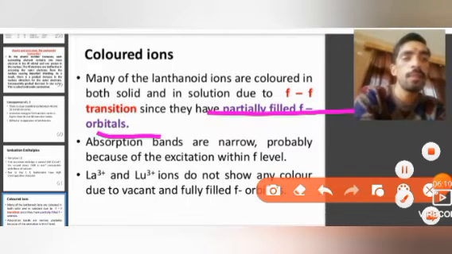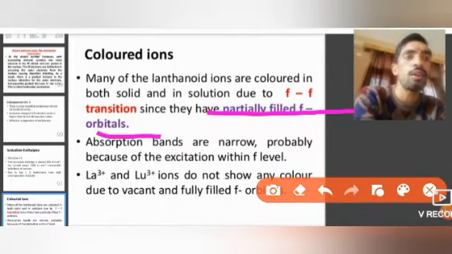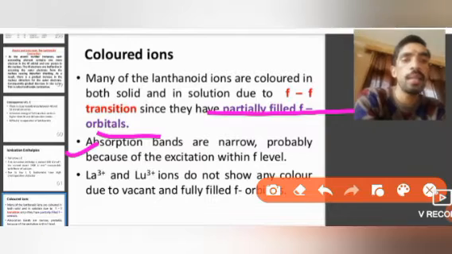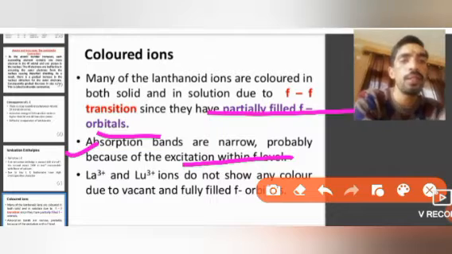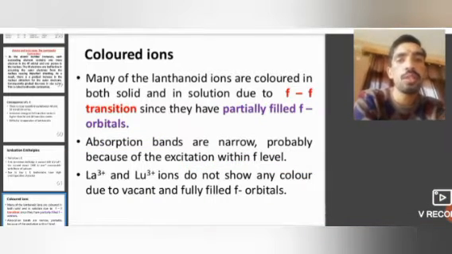Whereas 14 electrons are there, it means 14 orbitals, 7 orbitals can be incomplete, so up to 7, oxidation is there. Absorption bands are narrow, probably because of excitation within the f level. Lanthanum 3 positive and lutetium 3 positive ions do not show any color due to vacant and fully filled f orbitals. So this was the